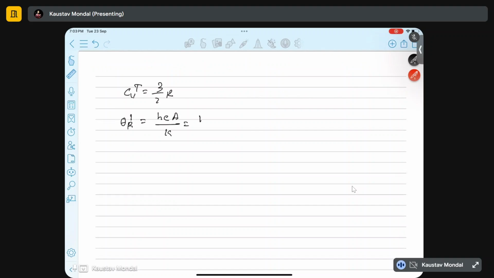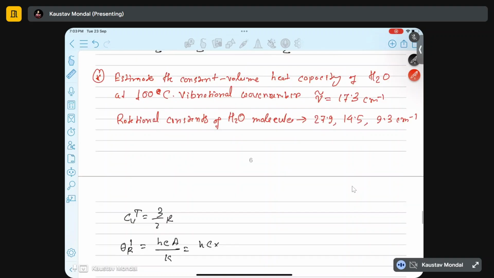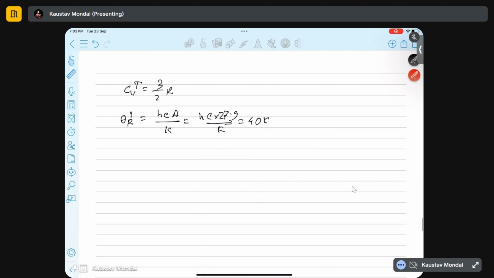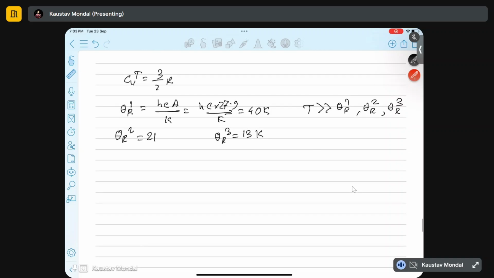If you put hc times 27.9 by k, the value gives you 40 Kelvin. θ_R2, similarly, if you calculate, gives you 21 Kelvin, and θ_R3 gives you 13 Kelvin. So T is greater than θ_R1, θ_R2, and θ_R3, right? So since T is